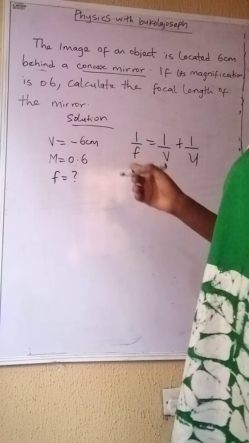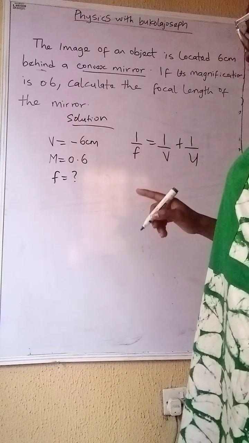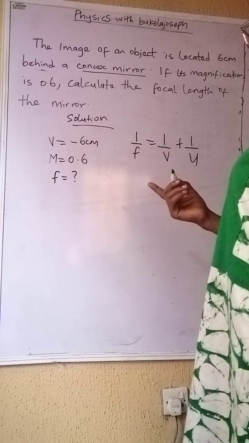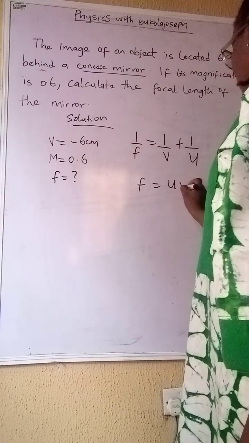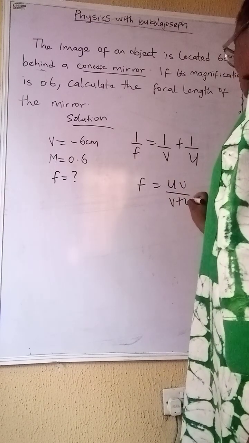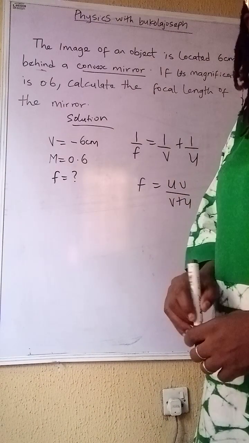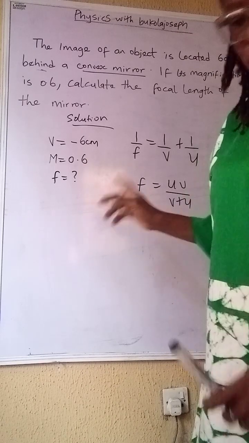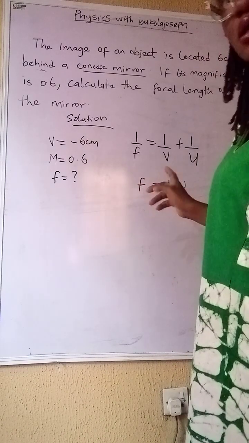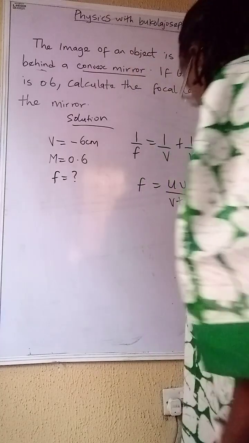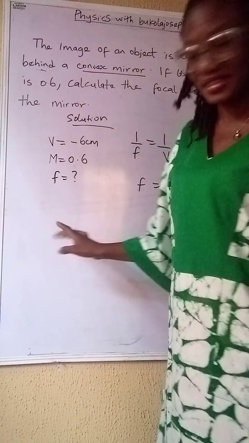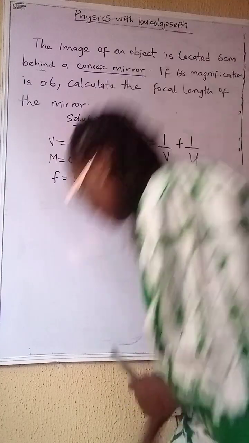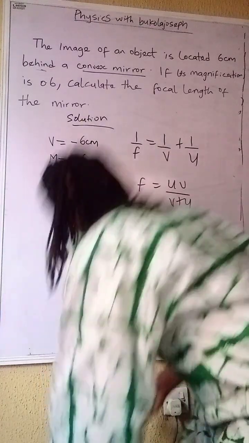I know there's another alternative formula that people usually use. That's F is equal to UV all over V plus U. I know some of you don't know how this formula is gotten, how it gets to this point. I'm looking for my duster. I can't find it. I think I'll use tissue. So